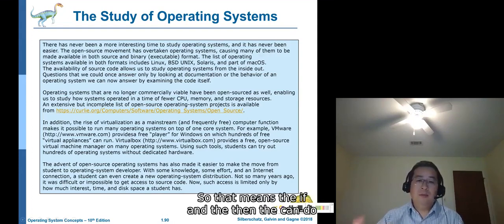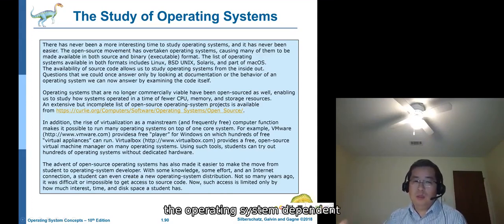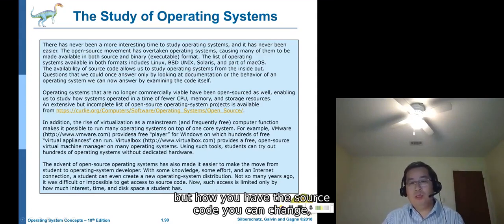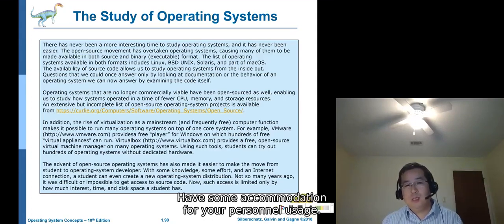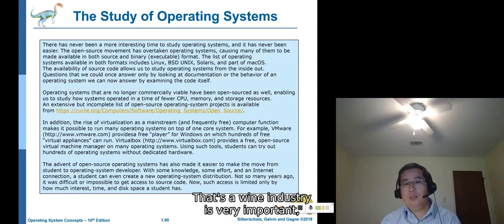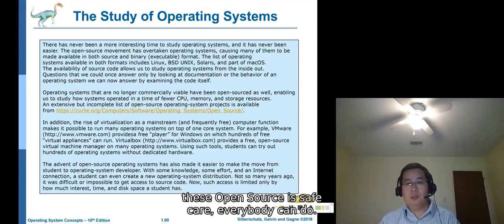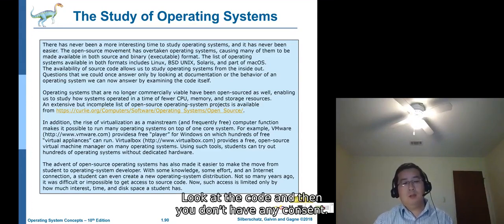That means even our students can do operating system development, because you have the source code, you can change it, and make modifications to suit your personal usage. That's why Linux is a very important operating system in industry: because it's open source, it's safe, everybody can look at the code, and you don't have any concern.